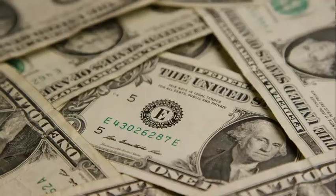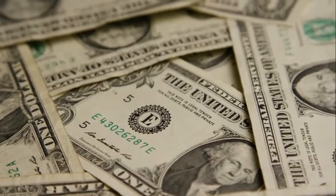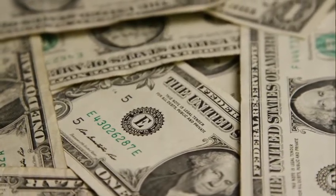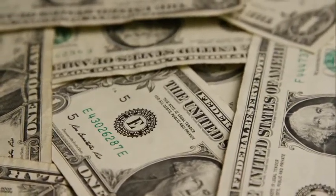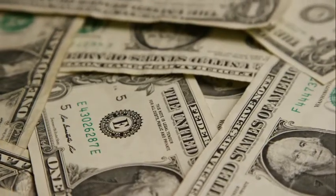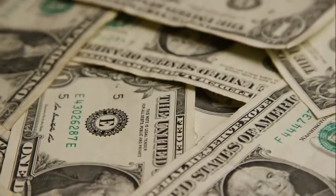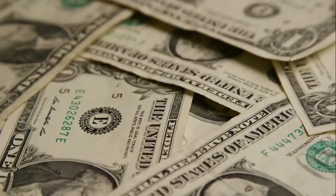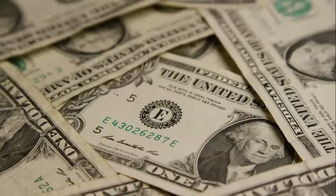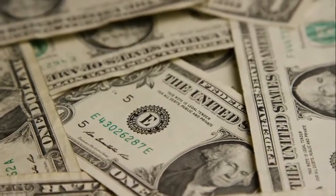So make sure that you are stocking up on these things, because food prices will go super high in a hyperinflationary event, and that's regardless of whether or not we experience hyperinflation or deflation. Food prices will go sky high in the beginning because it's going to be scarce, because the trucks are not going to be delivering food like that. Once again, you want to stock up on medical supplies, antibiotics, and anything that you need on a daily